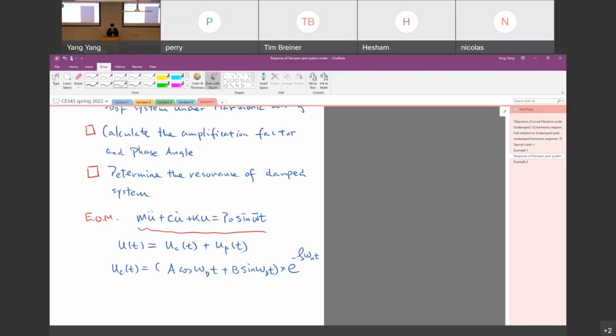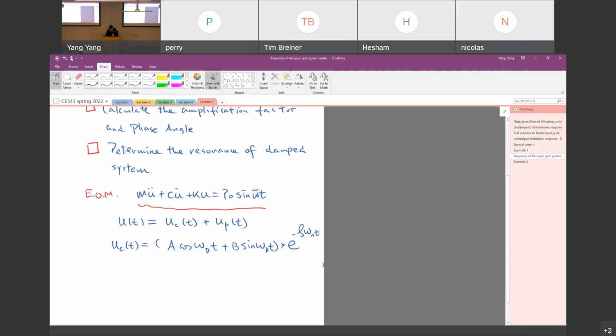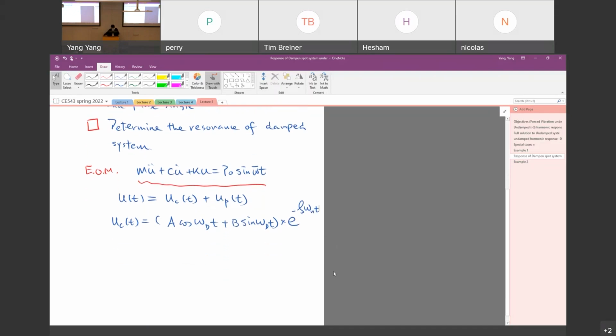We already discussed the response of a system with some damping, where we have omega d, that's equal to